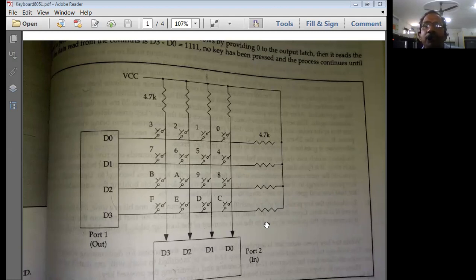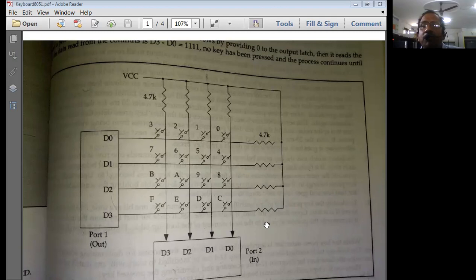Therefore, we don't touch port 3 to perform input output operations. If we want to perform input output operations, we use port 0, port 1, and port 2. That is going to be better for us to program, because we are not only going to interface the keyboard and LCD. We will also be continuously communicating serially from and into the microcontroller.